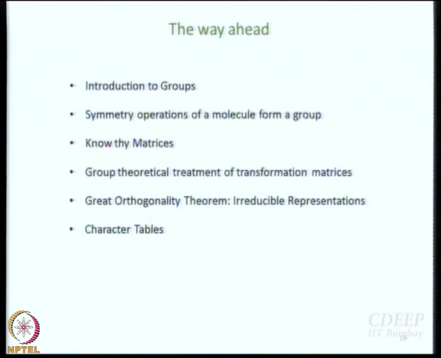Okay. From there, we will work out the character tables as promised, and then after that we are back in chemistry. For the rest of the semester, we start talking about applications in chemistry. We talk about molecular orbital theory. Before that, we will talk about something called symmetry adapted linear combination, and then we will talk about bonding by and large. If time permits, we can talk about molecular vibrations, right. So, that is the plan of what we are going to do.